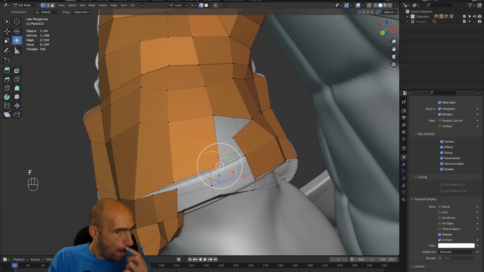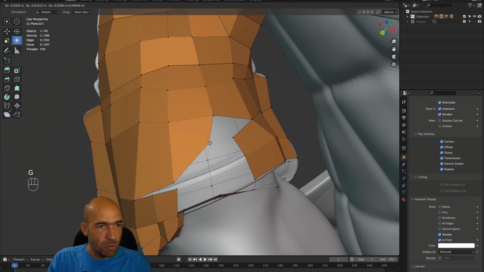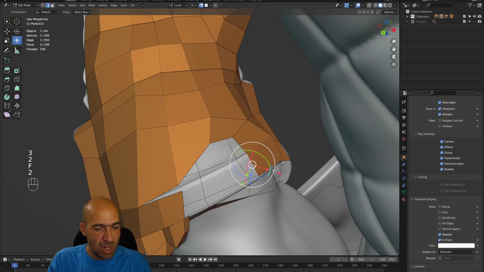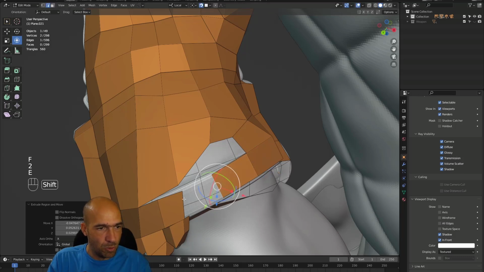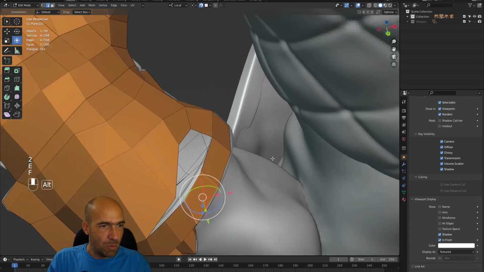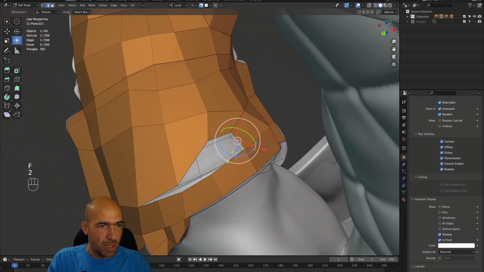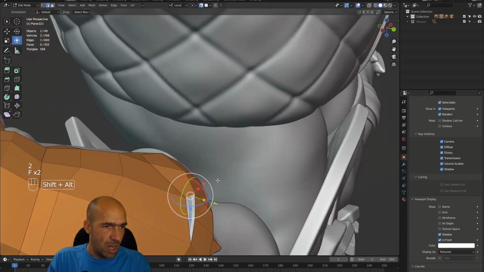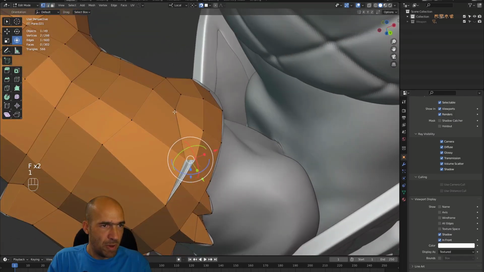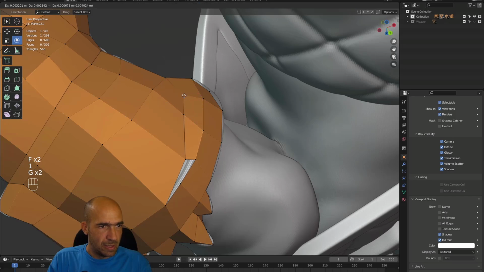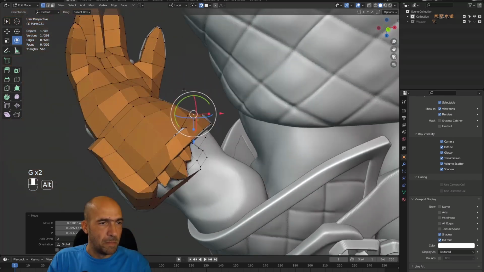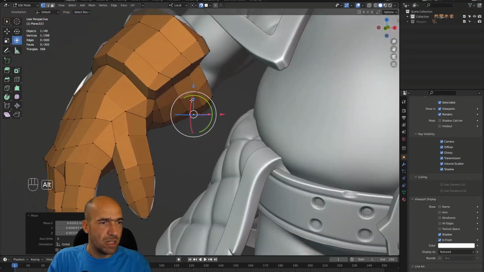Now here, we have an interesting thing. We have to somehow make this work. So I will go, press F here, and here we'll have a huge polygon which I don't want, so I will make it two here, and then I will think of how to connect them. Probably from here, and then from here. And then this, I'm not sure I need it to be that, or to have this lip in here. Although, maybe we need this lip, because it will give us a little bit of a,